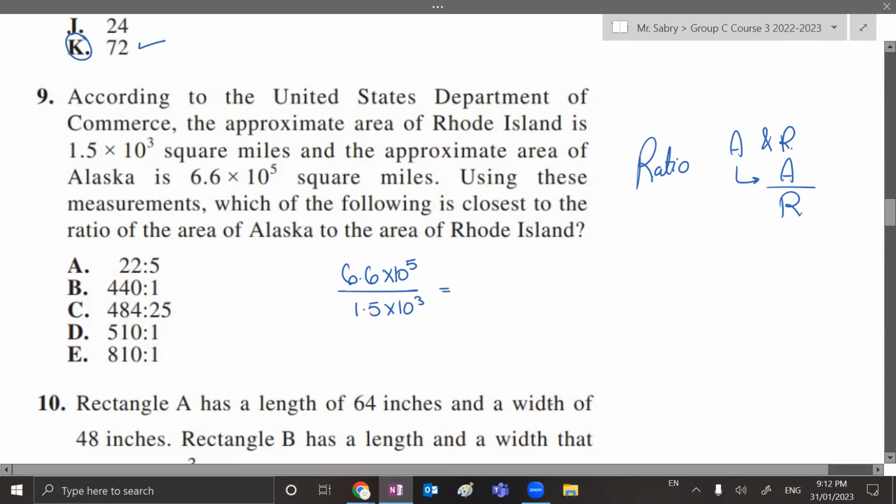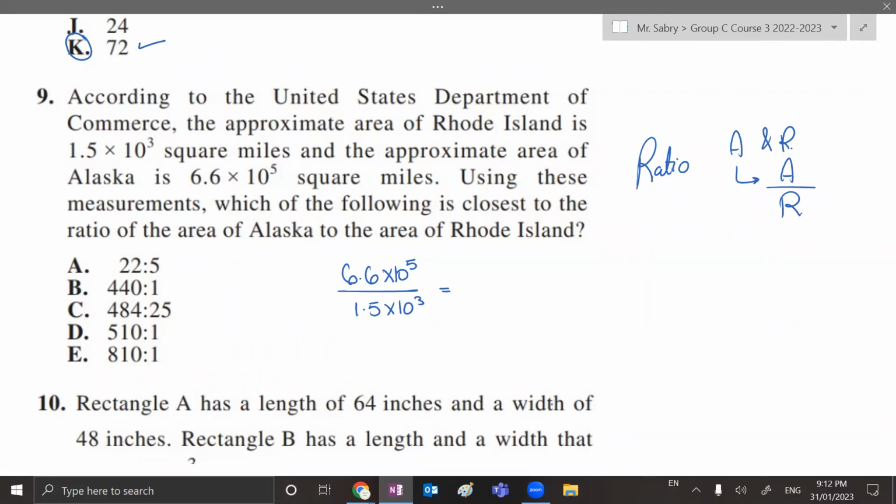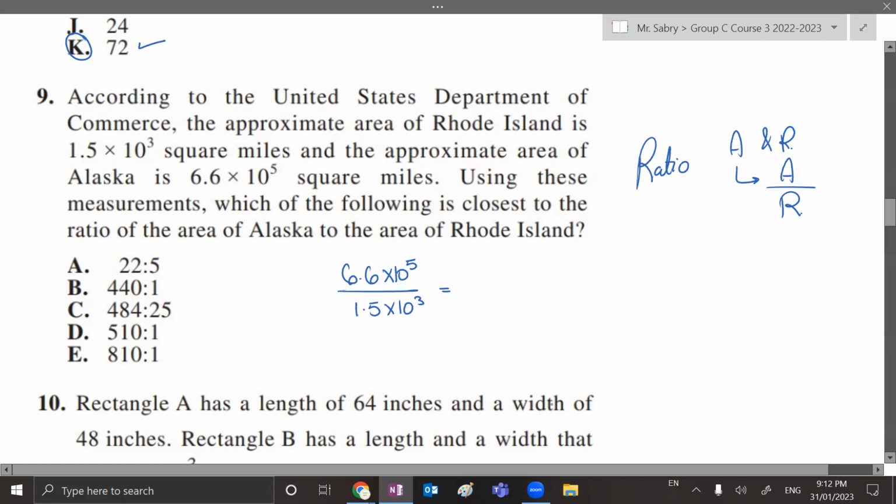To be honest, if you go on a calculator and you do those, it would be extremely easy and it would kind of get you the answer right away. It's 6.6 times 10 to the power of 5 and then divide by 1.5 times 10 to the power of 3. On a calculator, this should give you right away 440, which then means that the ratio is 440 to 1,